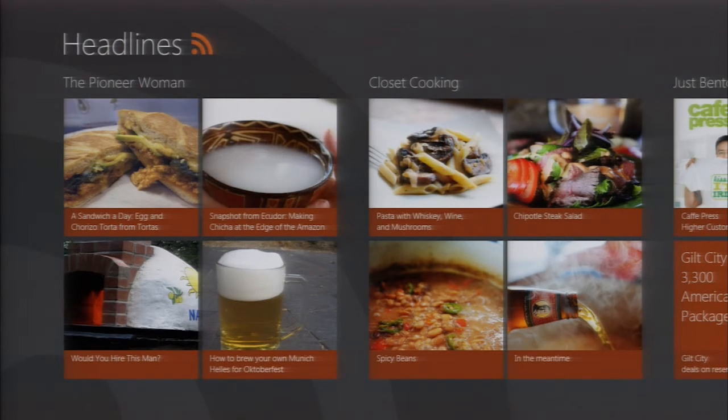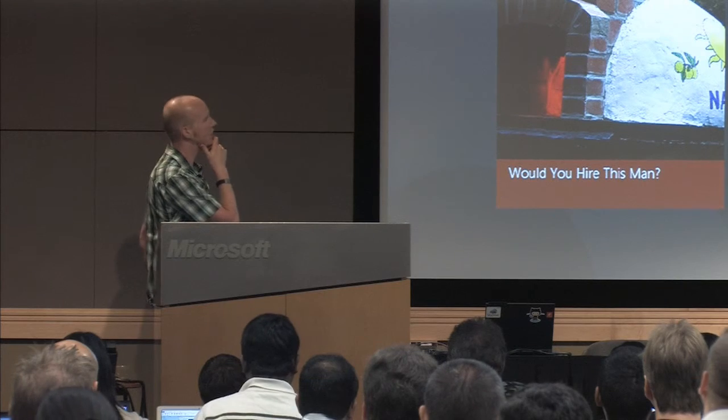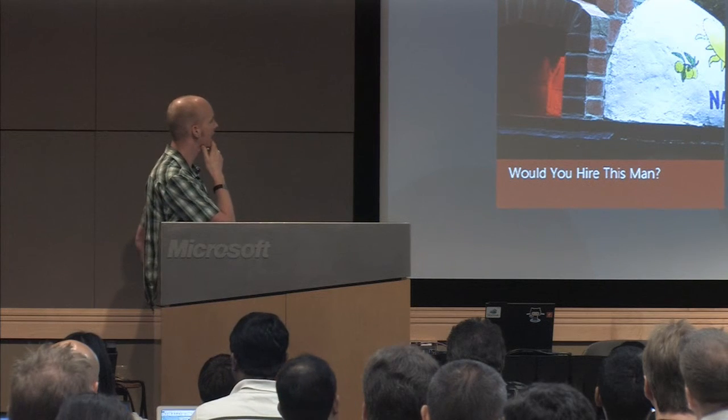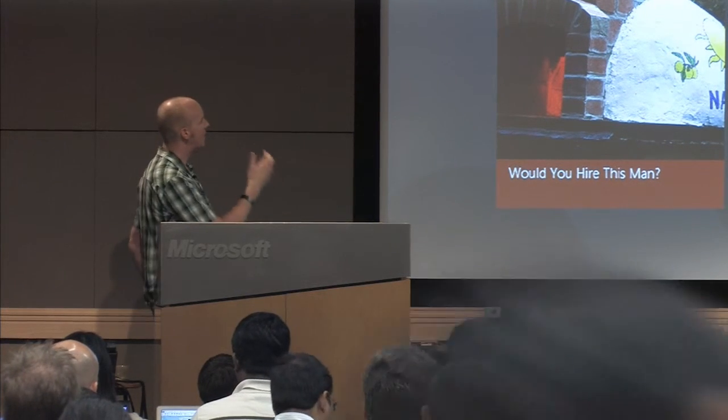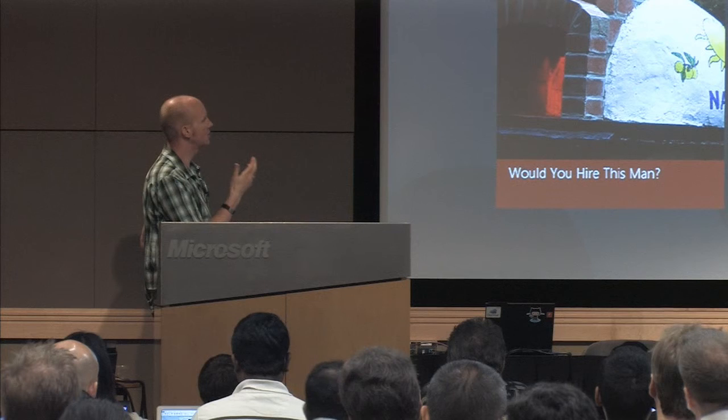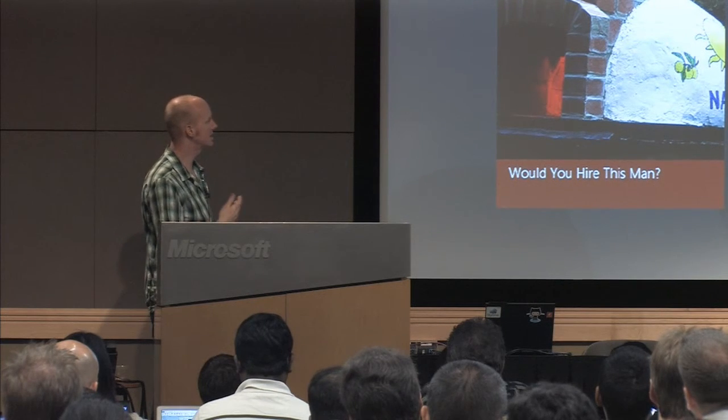All the navigation, rather than being on tabs and on list view control and so on, is just built into the content itself. I see that story of Oktoberfest, I want to look at it, I just touch it. If I want to see all the stories from the Pioneer Woman, I just touch the heading. And you can see the app has transformed over just making those steps and making those considerations in the design